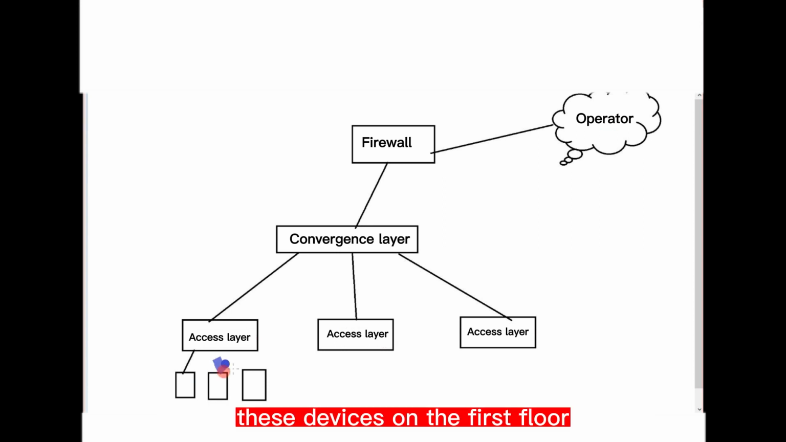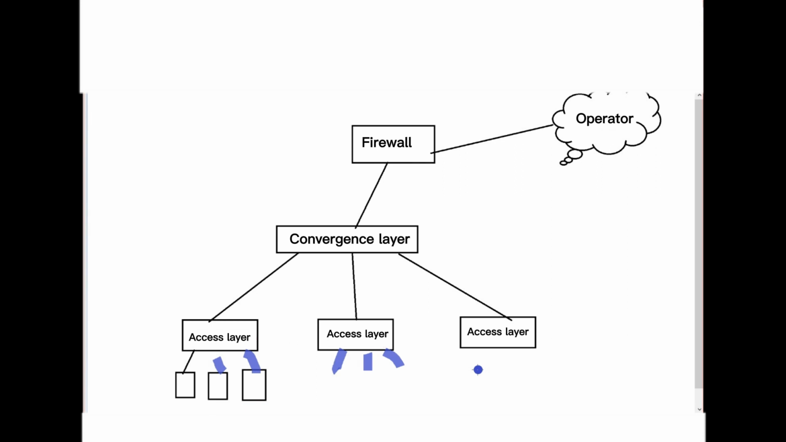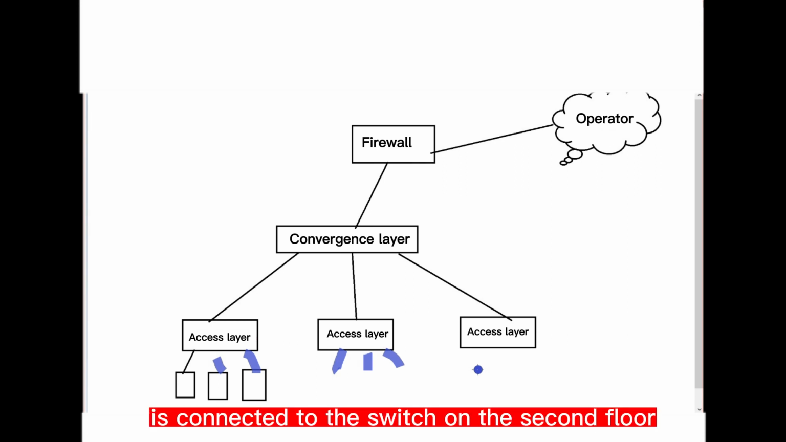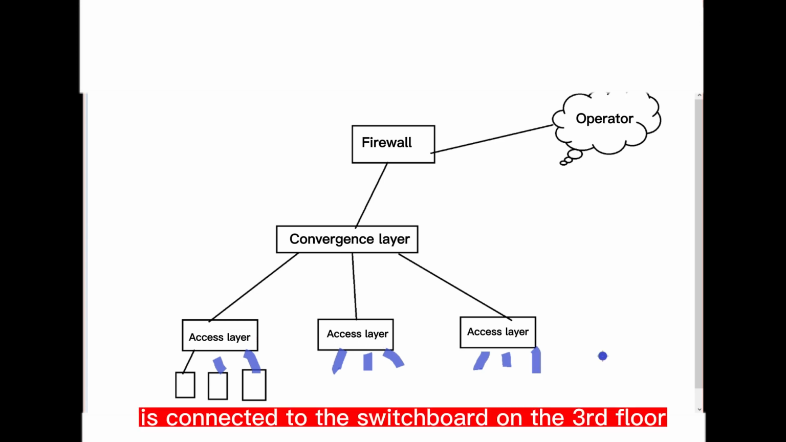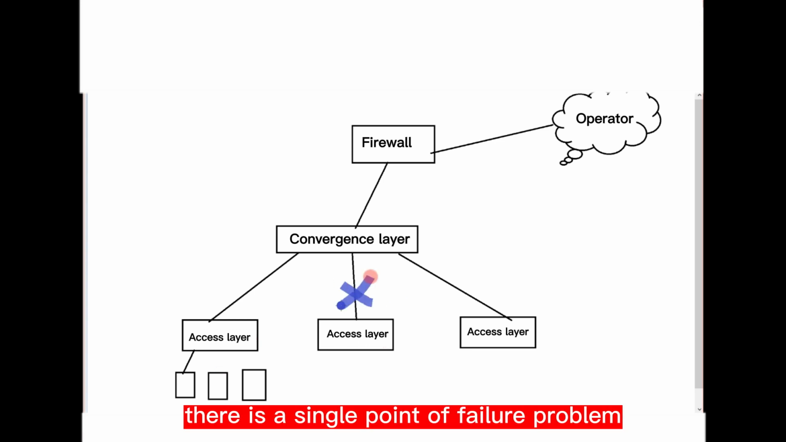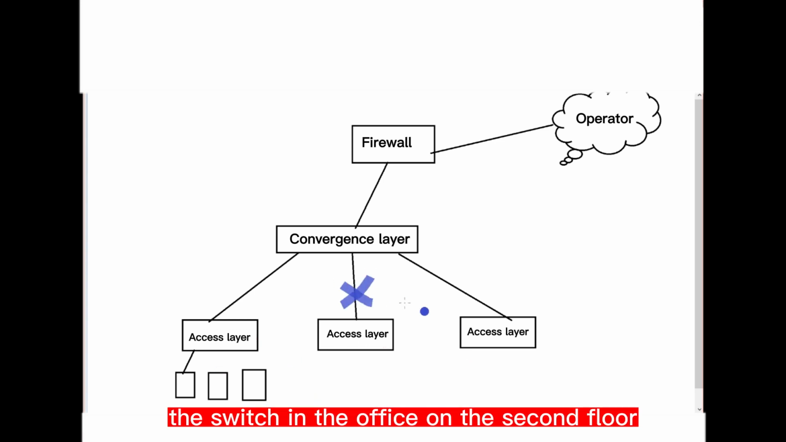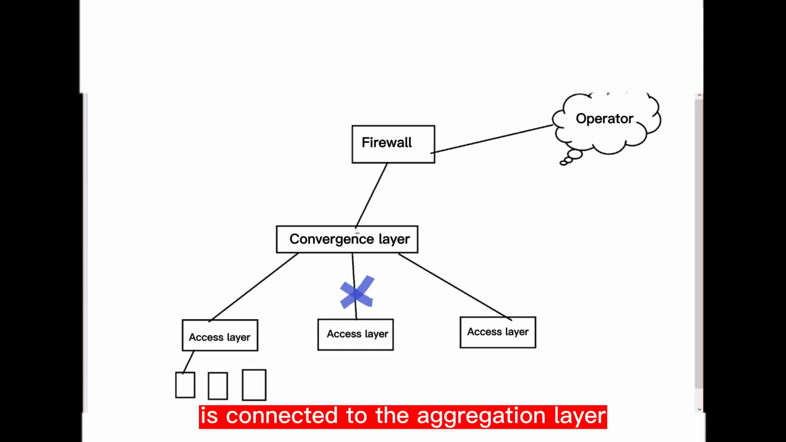These devices on the first floor are connected to the access layer switch on the first floor. The equipment on the second floor is connected to the switch on the second floor. The one on the third floor is connected to the switch on the third floor. There is a single point of failure problem. The switch in the office on the second floor is connected to the aggregation layer